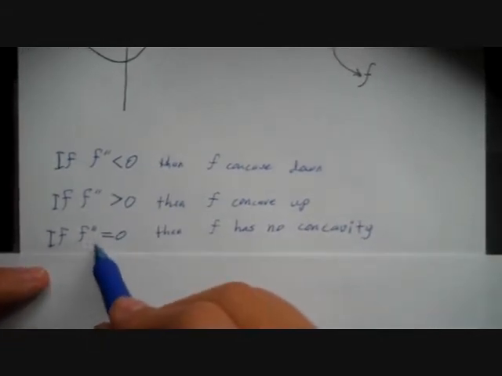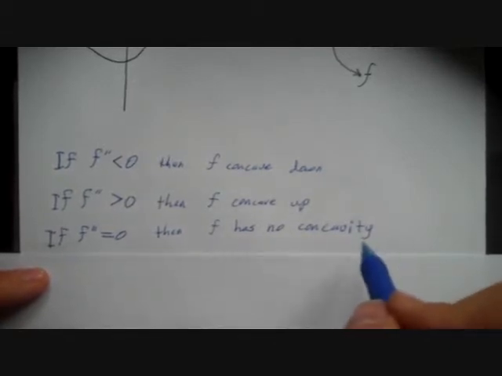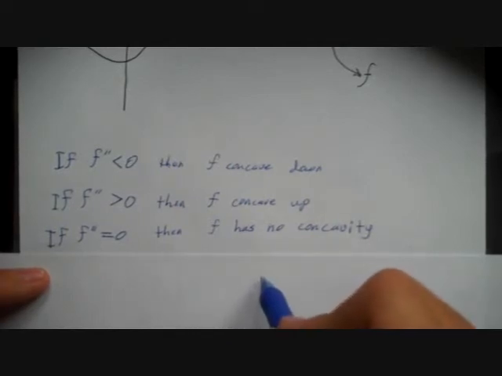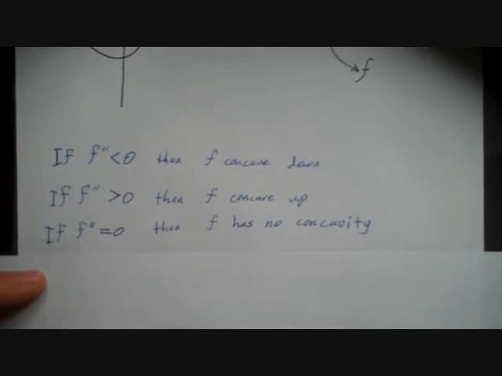And this seems kind of common sense, but I just need to say it: if the second derivative of our function is equal to 0, then f has no concavity, or zero concavity, which means that it's pretty much a straight line, right? So let's try to do an analytical example of how to find the points of inflection